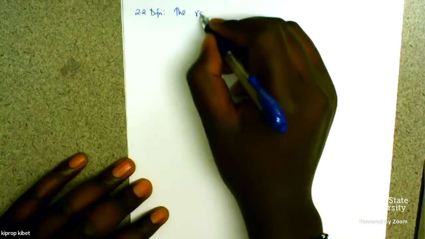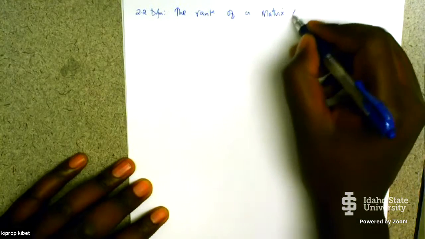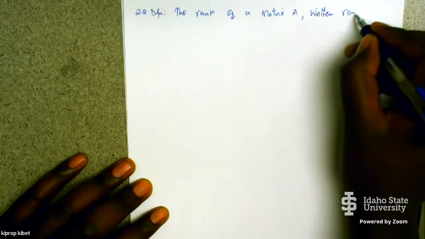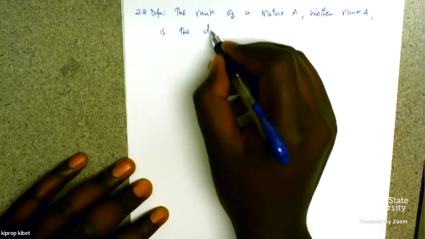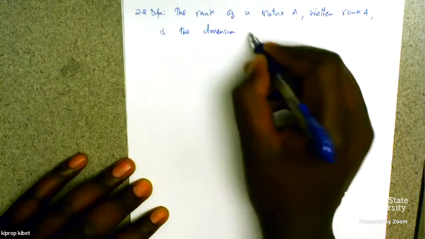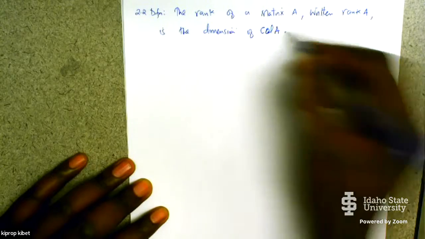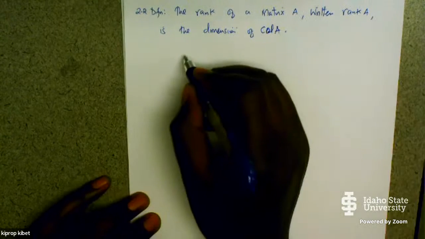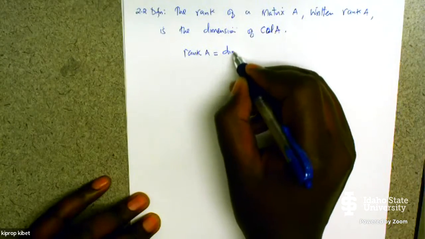The rank of a matrix A, which is written as rank A, is the dimension of the column space of A, which is just rank of A equals dim of